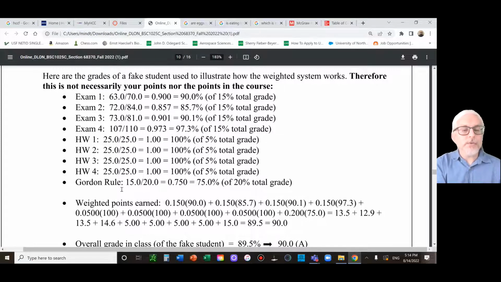Now in this case, notice I gave them 15 out of 20. Remember, this is a fake student. Who knows what they did? Maybe they forgot to have a literature cited or something like that. So, okay, a few points off. So you can see 75%, that's 20% of the grade. And there it is right there. Sorry, there's a little window in the way. So in that case, you can see at the end of the semester, I just tally up the points. There you go. The student got an 89.5.